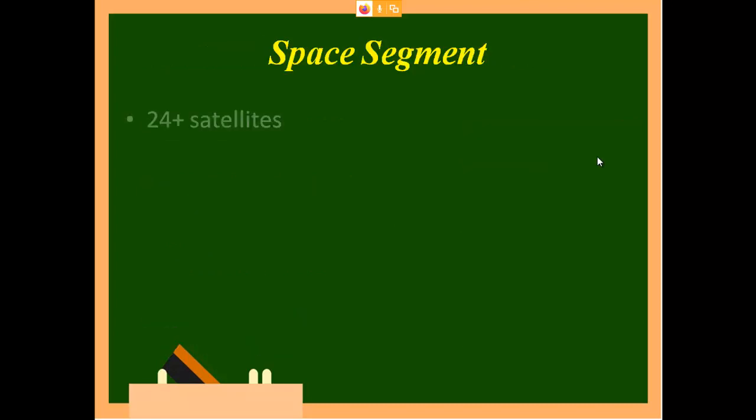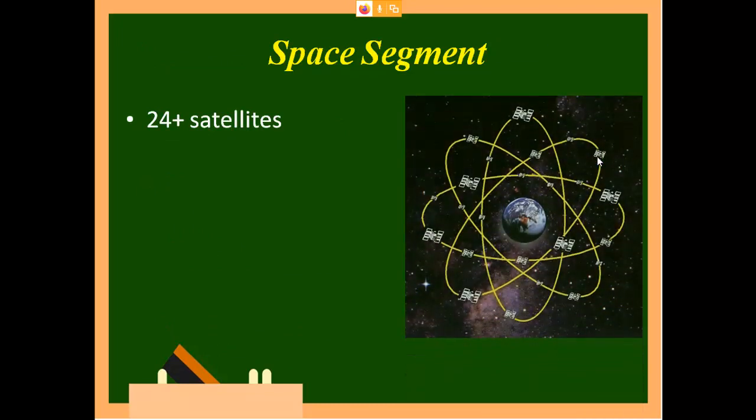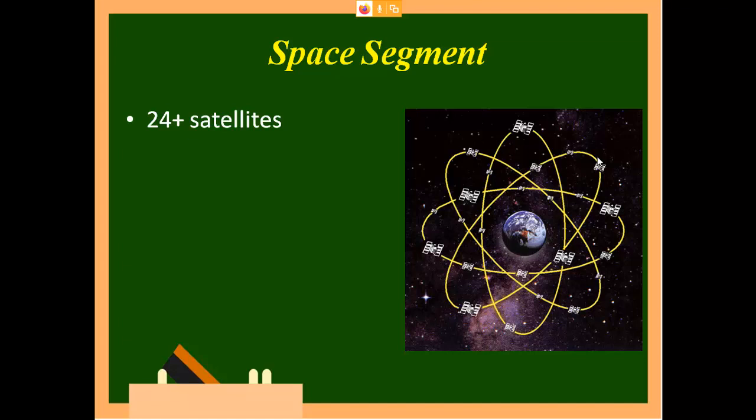Okay, so space management: initially they started with 24 satellites. Now there are 32 satellites. 32 geostationary satellites are placed. That is why they have put in 24 plus, so constantly they were increasing. Now it is 32. So with the help of these geostationary satellites, America can read a car which has been driven on Mount Road. Okay, at a Mount Road signal, if a car is there, that car's number plate can be read from your GPS.